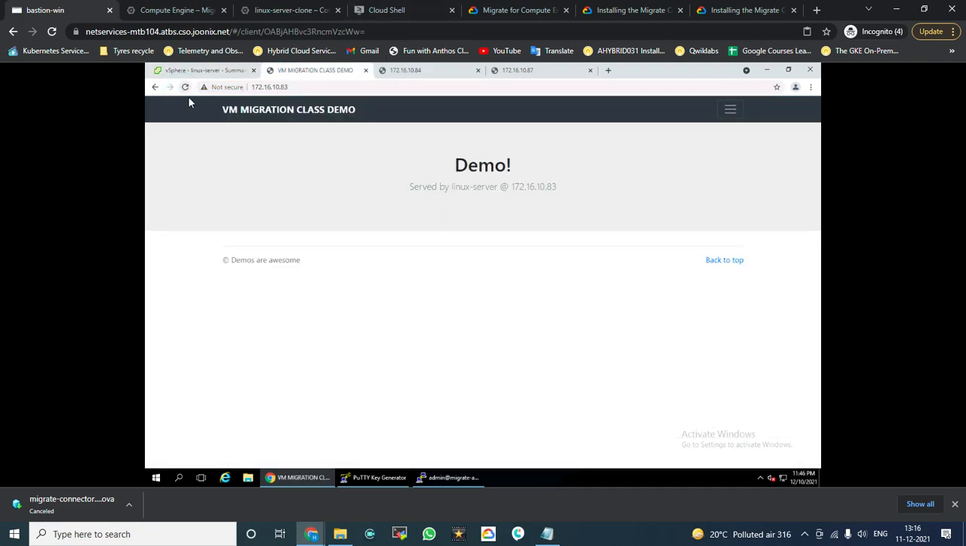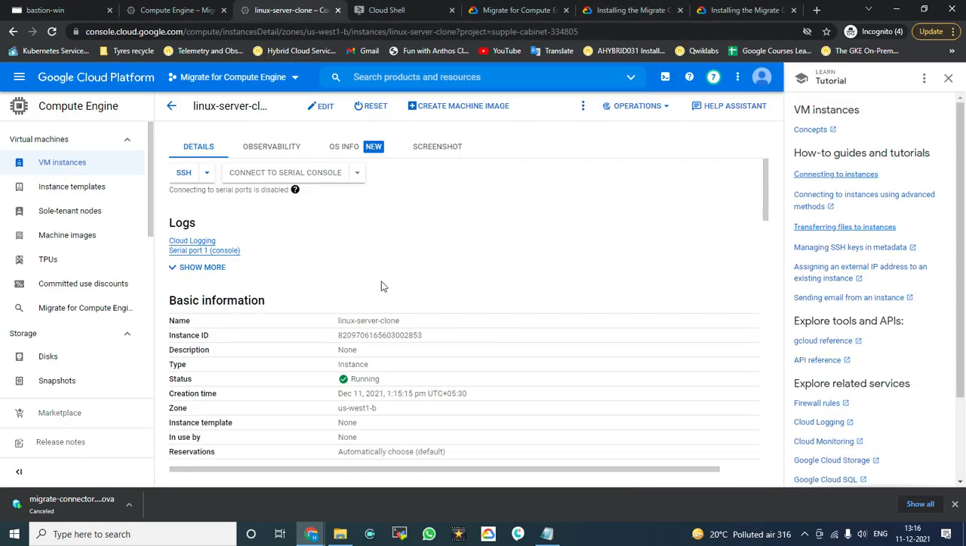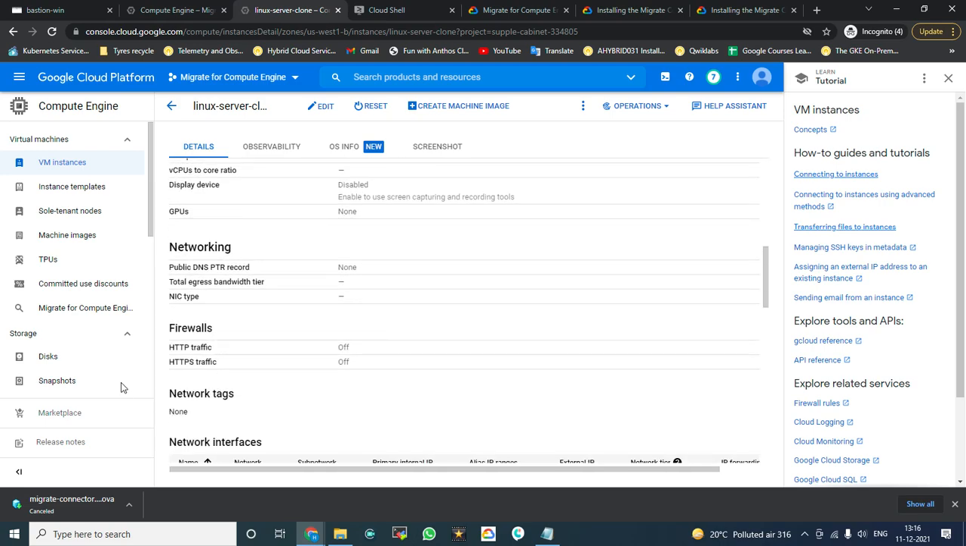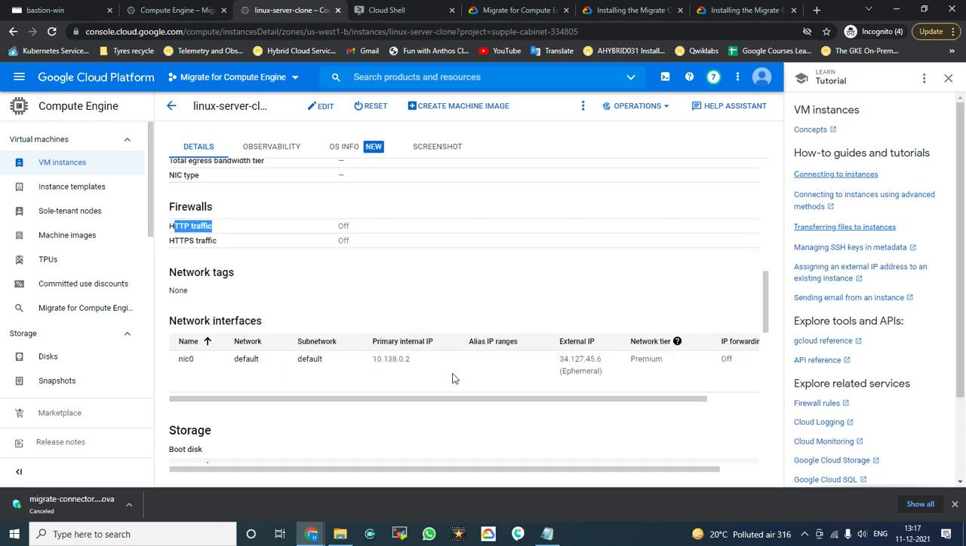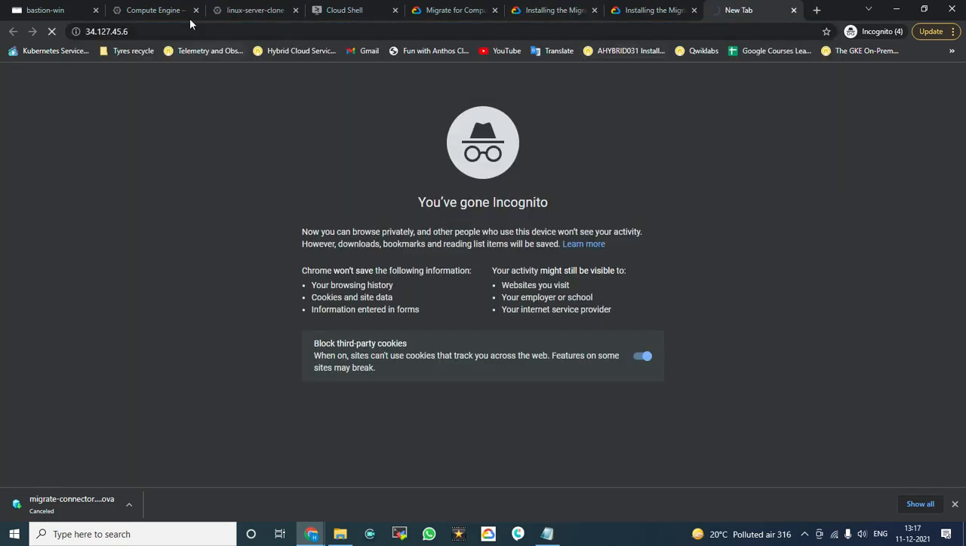This is the application. I refresh the page. This application is serving the traffic inside my organization environment. And this is the application which I created over the GCP. I am using the HTTP traffic, and here the traffic is blocked. This is my external IP. If I hit that particular IP over the browser, it will not reach the application because I have to